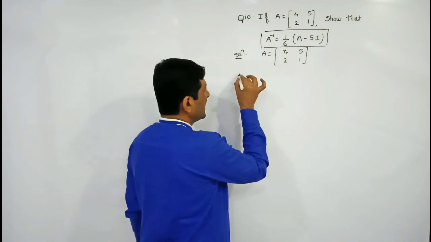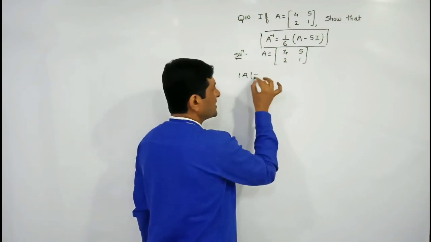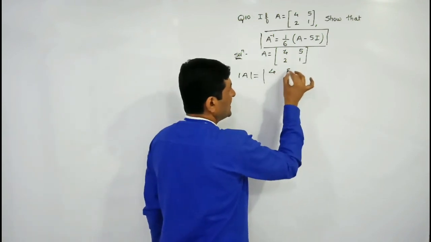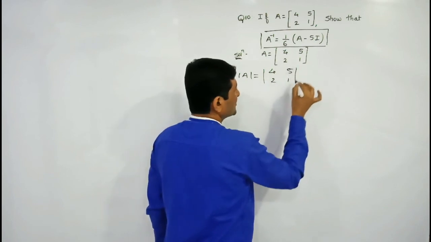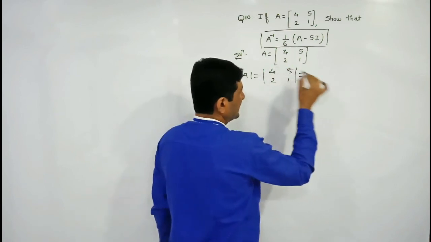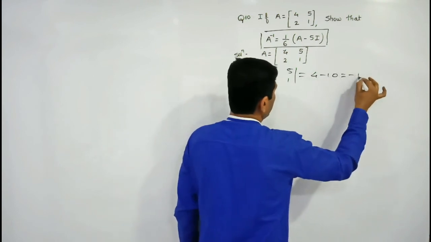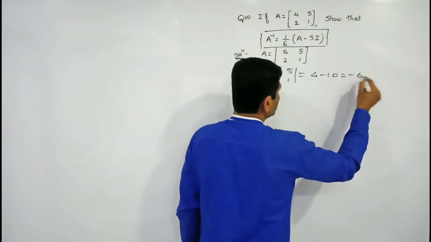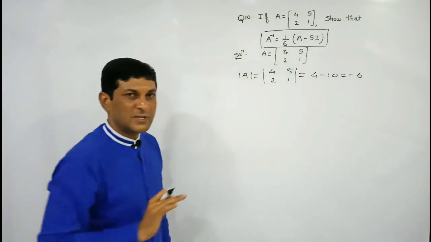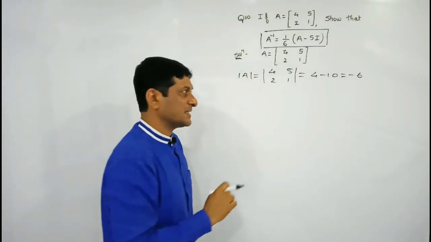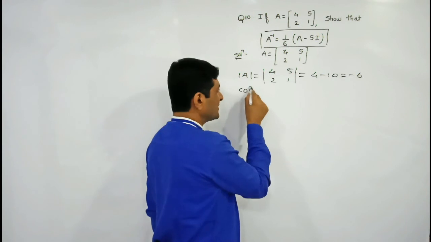To apply the adjoint method, first we have to find the determinant of this matrix. So write down all the elements in the determinant, which is equal to 4 minus 10. 4 minus 10 will be equal to minus 6. So here we can observe that the value of the determinant is not equal to 0, meaning its inverse exists. So now find the cofactors